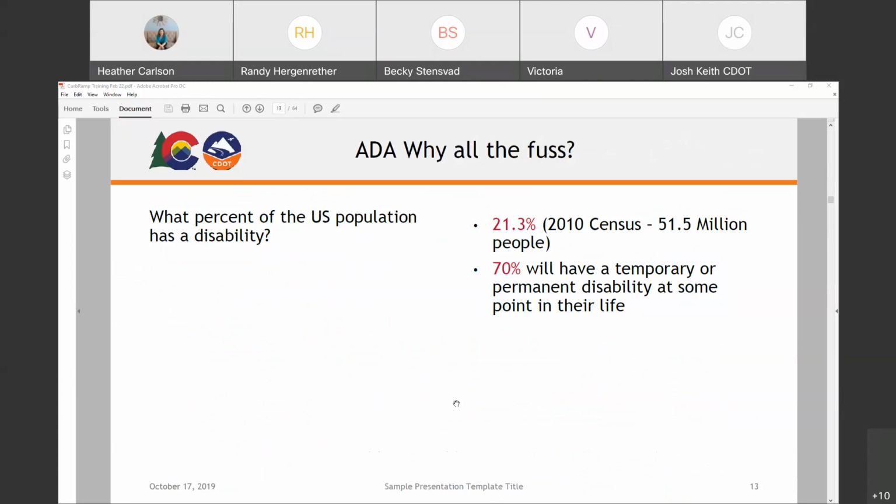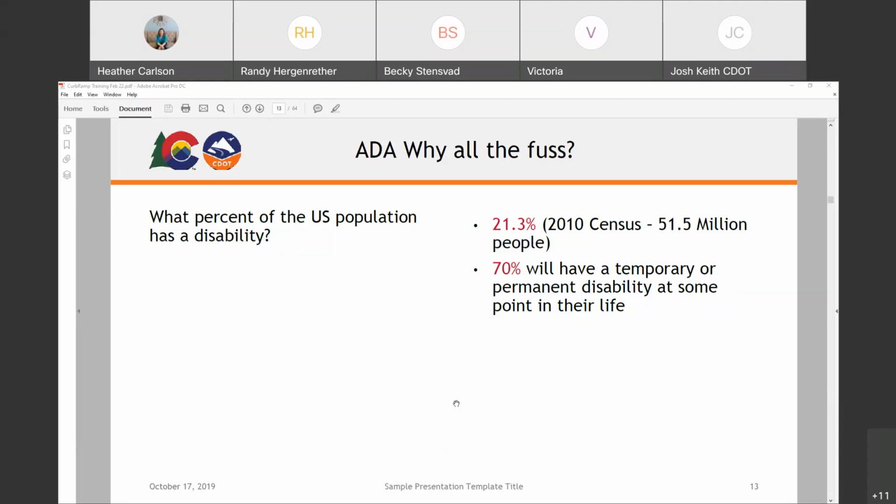Okay, so kind of just getting into why this is becoming more and more of a topic. What percentage of the U.S. population has a disability? This is 2010 data, and I think this is all on the low side a little bit. Over 21% of the U.S. population has a disability of some form, and 70% will have a temporary or permanent disability at some point in